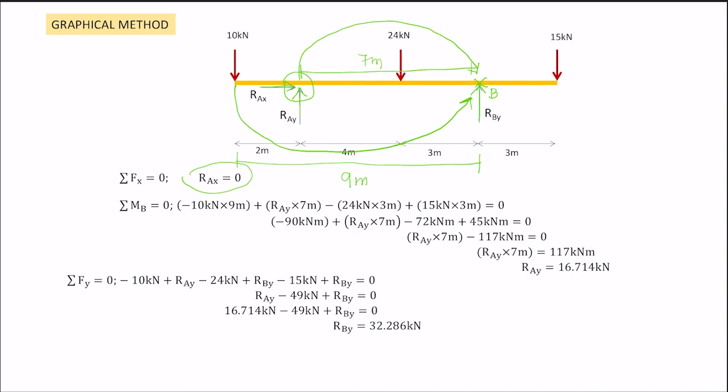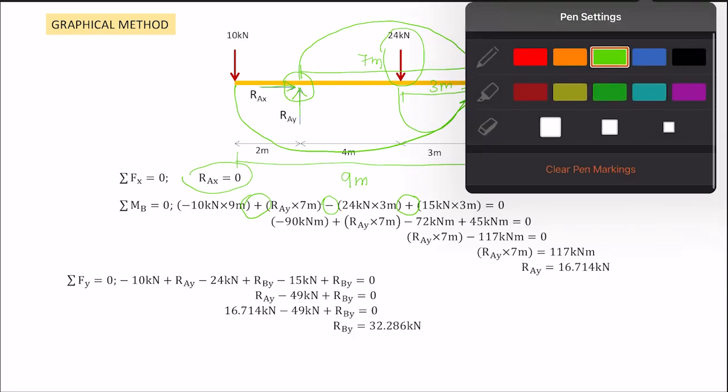It is clockwise, therefore positive. Another loading here, 24 kilonewton counterclockwise, therefore negative, 24 kilonewton times the distance of 3 meter. We also have 15 kilonewton going to B. It is clockwise, therefore plus 15 kilonewton and the distance is 3 meter. Equal to 0. You can get the value of RAY